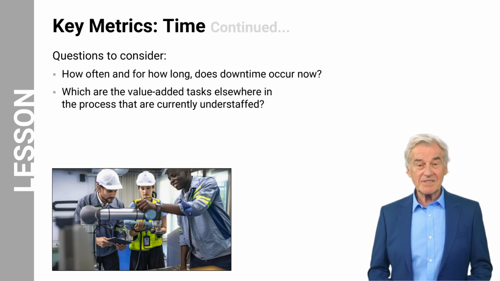Some questions to consider are, how often and for how long does downtime occur? Which are the value-added tasks elsewhere in the process that are currently understaffed? By tracking how often and how long these stoppages occur, whether from equipment failures, shift changes, or maintenance, companies can calculate potential time savings through cobot implementation. For example, if a line stops for 30 minutes 3 times per shift for operator breaks, this data guides automation